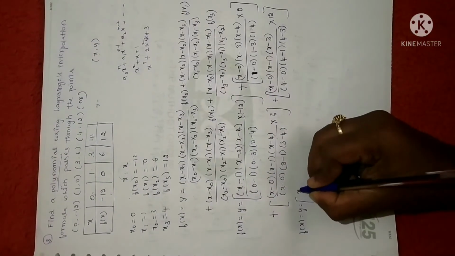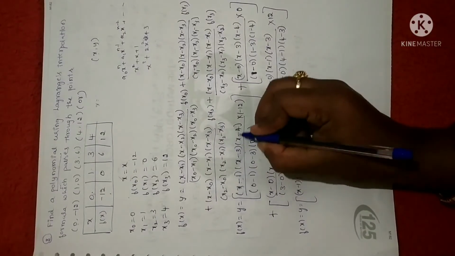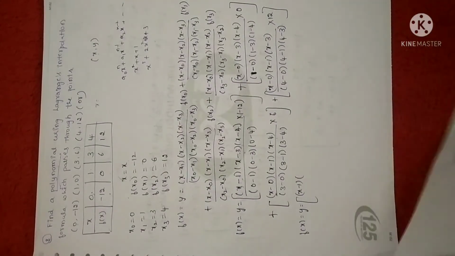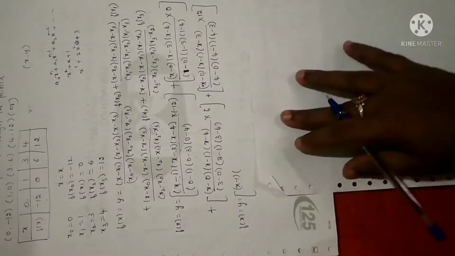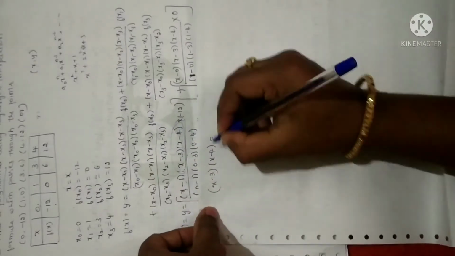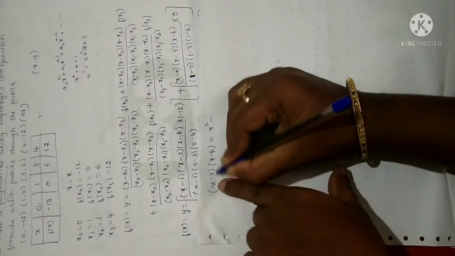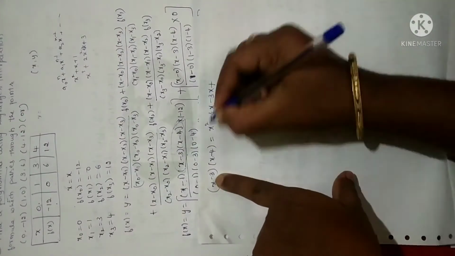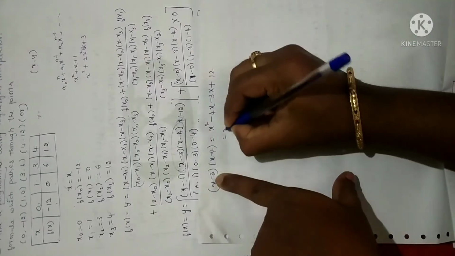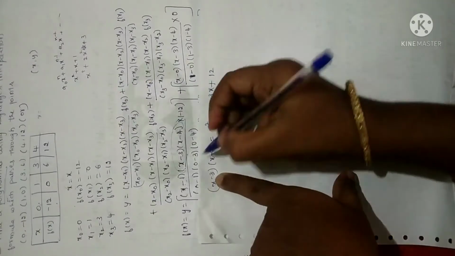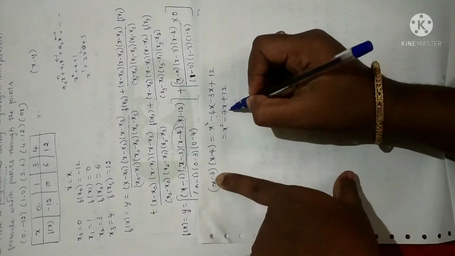Now what I'm going to do is keep the first term as it is and multiply these two terms, x minus 3 into x minus 4. I'll write it in a rough column so that it reduces the time, but it is better to write all these steps in your notes so that you understand. First you multiply x into x, x square, x into minus 4 is minus 4x, minus 3 into x is minus 3x, minus into minus is plus, 3 4s are 12. Now let me simplify: x square, minus 4x minus 3x is minus 7x, plus 12. So when you simplify these two terms, you will get x square minus 7x plus 12.